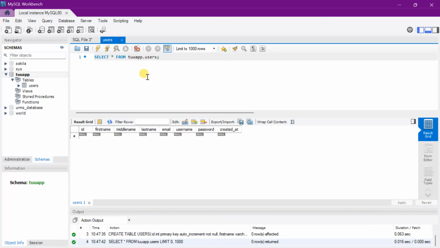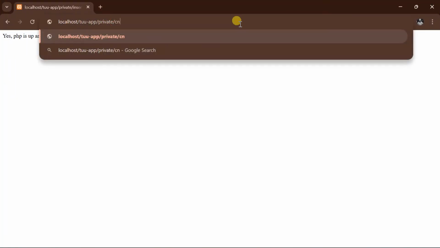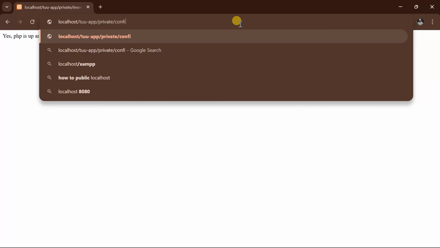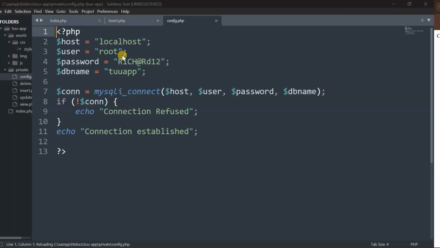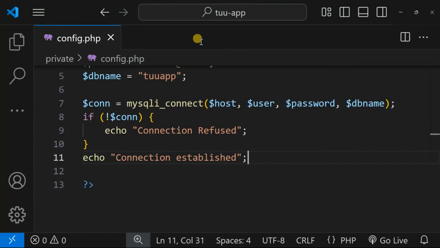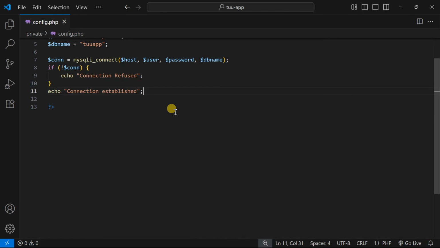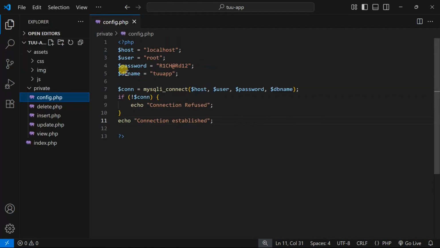Minimize. Yes, so we should have this first. So instead of insert, we shall say config.php. So it says connection is established because the database is up and running. Yeah, so next thing, after having our connection well established, we shall go to our file system and say now